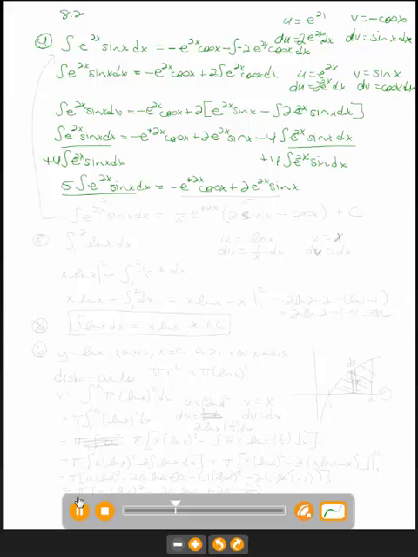And now all I have to do to get the answer is divide all the way through by a 5. If I divide through by a 5, I get the integral of e to the 2x sine of x dx, which if you look, was the original question, so I am solving the original question, equals, now what can I pull out of this nonsense? I can pull out a 1/5